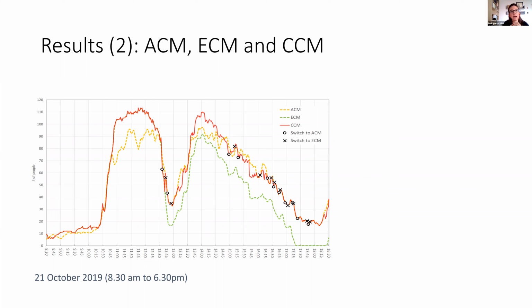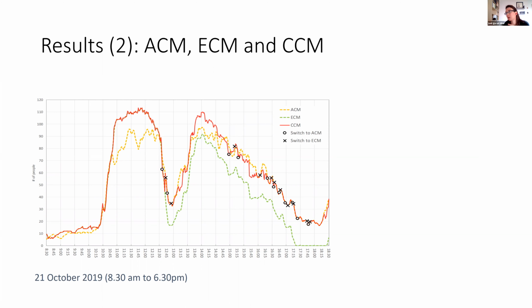Okay, and looking at the three different methods developed, you can see ACM, ECM, and CCM. You can see that the method starts at 8:30 with ECM, and ECM and CCM are completely overlapping until there is a high number of people exiting the studio, and this introduces a lot of challenges for obstructions.